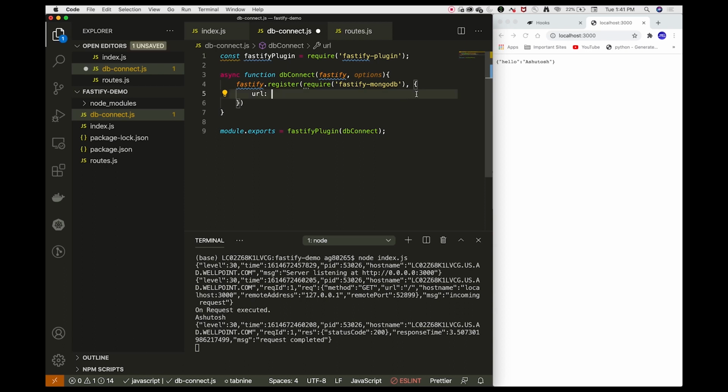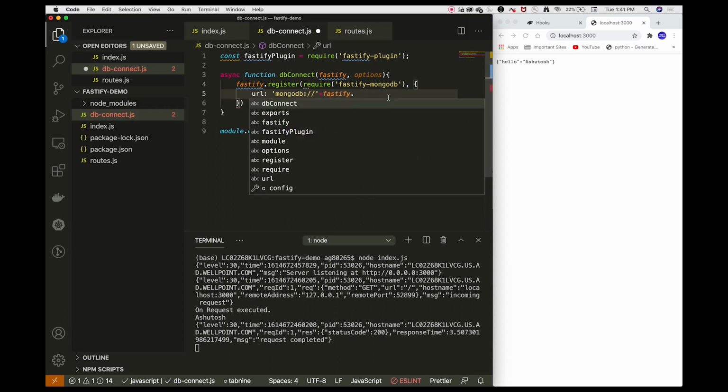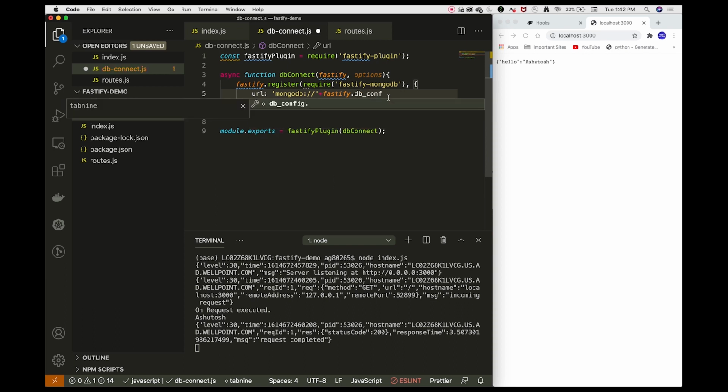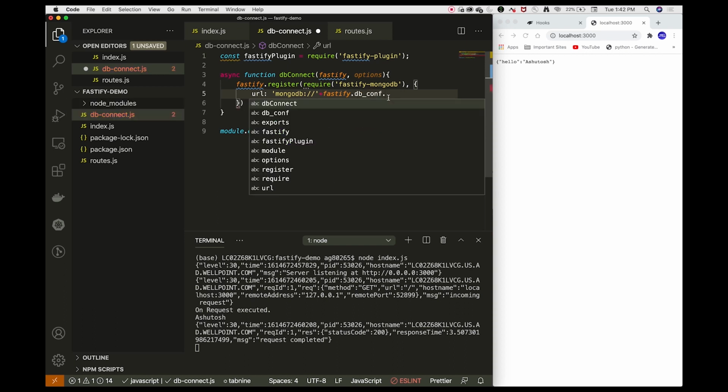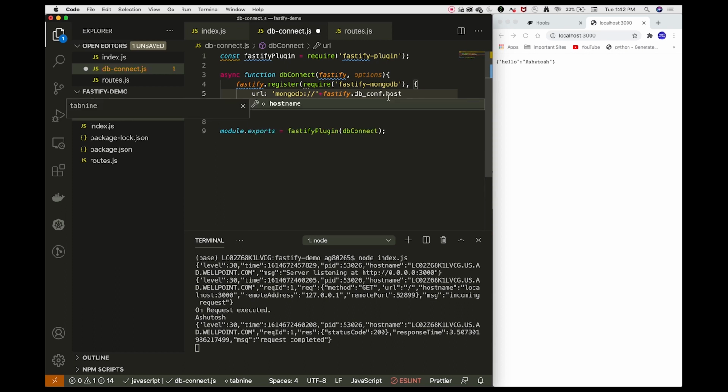I can do that using fastify dot the decorator name. So let us say I want to get the host for my DB. I will do that using fastify.dbconfig, that is, the decorator name, dot the property name in that object, that is host.